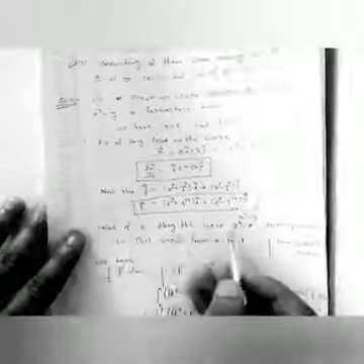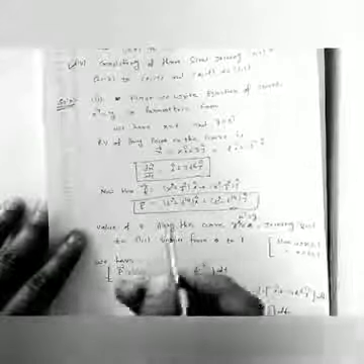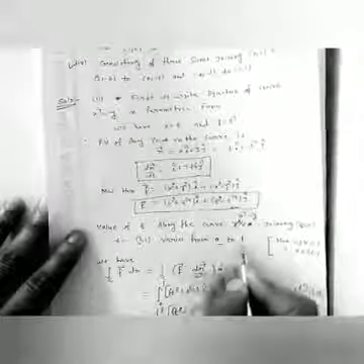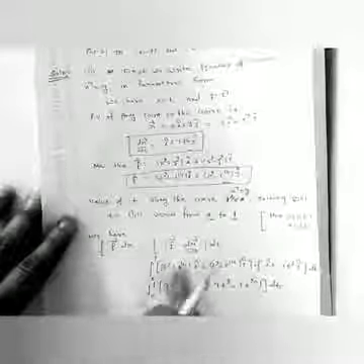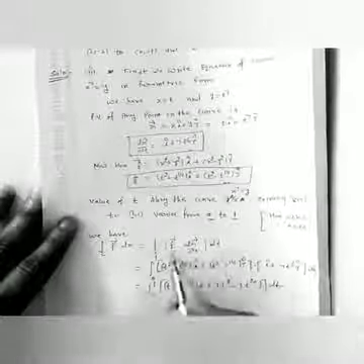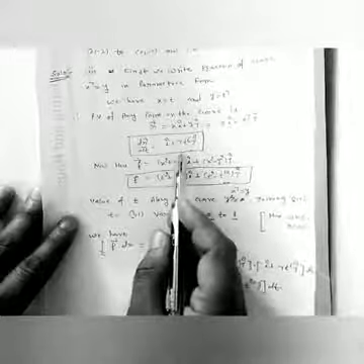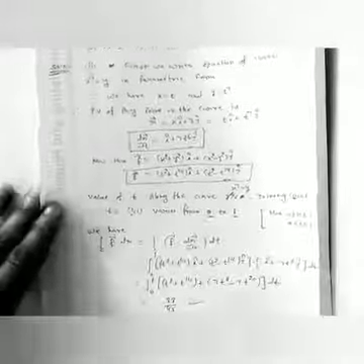Now the value of t along the curve x⁷ = y from (0,0) to (1,1). Here x varies from 0 to 1, and x = t, so t also varies from 0 to 1. So we have the integral of f dot dr, which can be written as f dot dr by dt into dt. Putting the value of f in terms of t and the value of dr by dt in terms of t, doing the dot product and taking limits from 0 to 1, we get the required result. Now we do the fourth part.